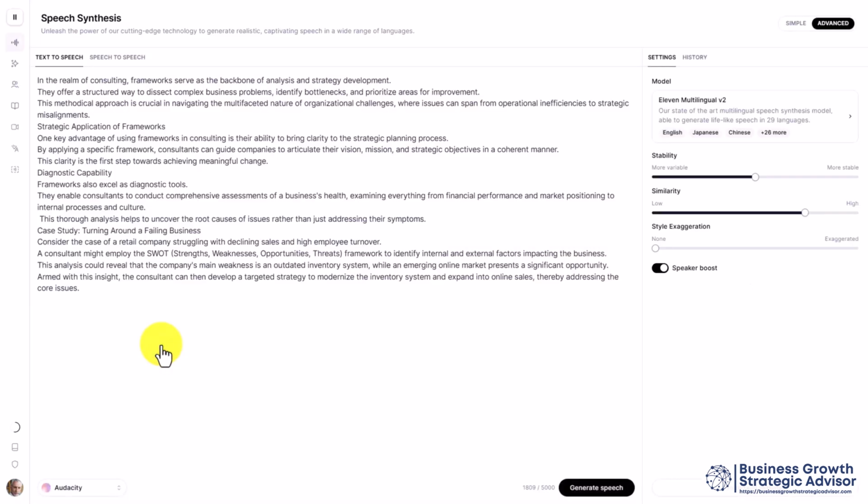So we're going to click Use. And even though our script has not yet been corrected, we're going to click Generate Speech with the new voice to determine if it can work for us or whether we will then use an